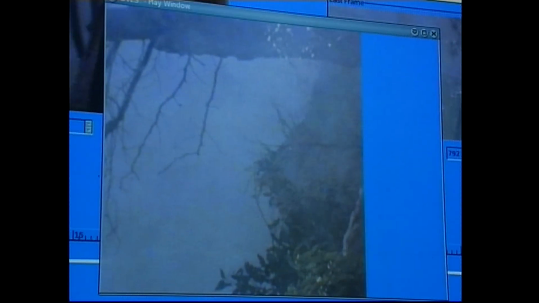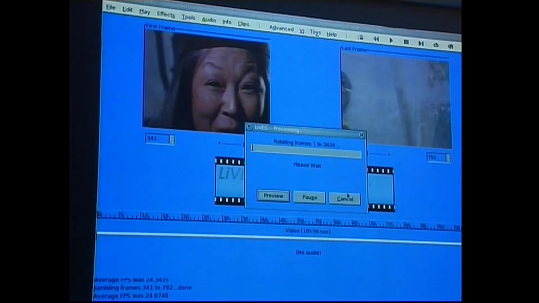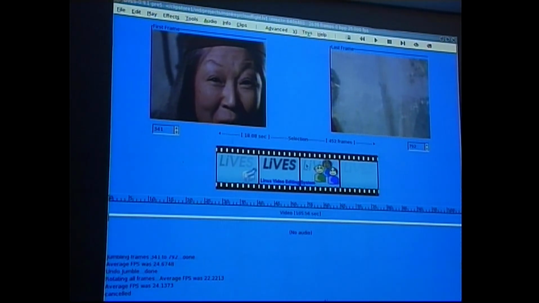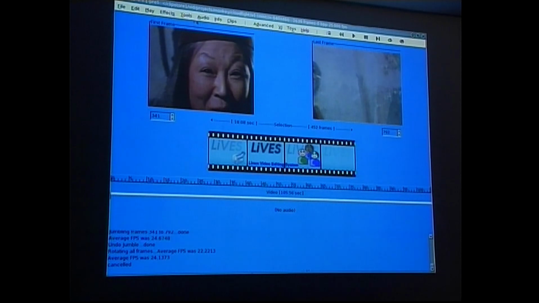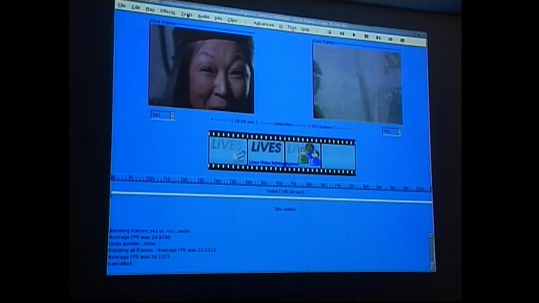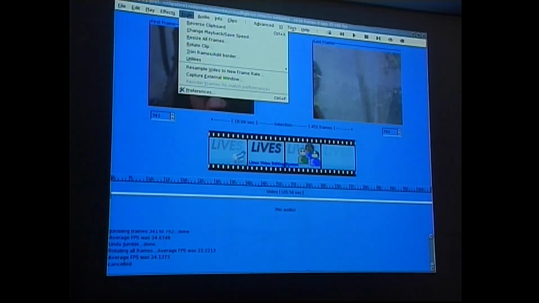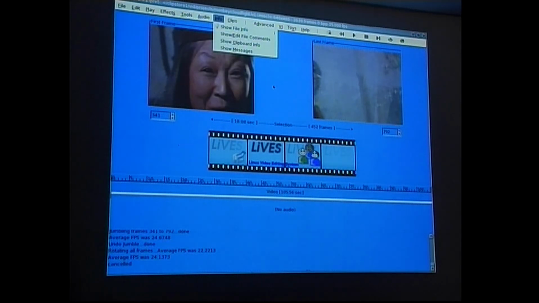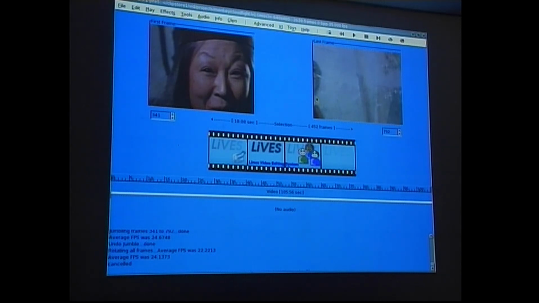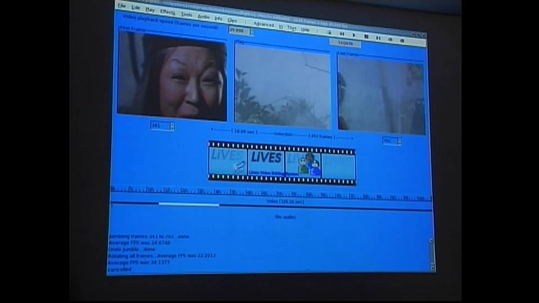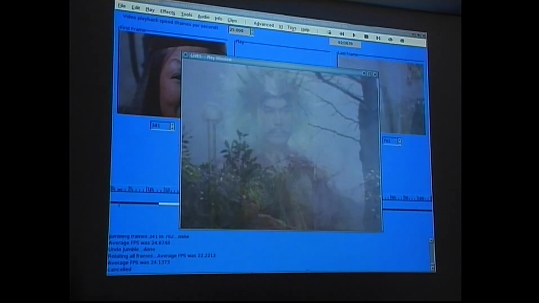And now the reason I'm mentioning all this actually is because all of these things I'm showing you, the effects and all these tools, are all plugins, and you can change those plugins. That's what I'm going to talk about in a moment. But first, I'll just show the real-time effects, because as well as the render effects, you can also apply effects in real time. So if I start playing it, and